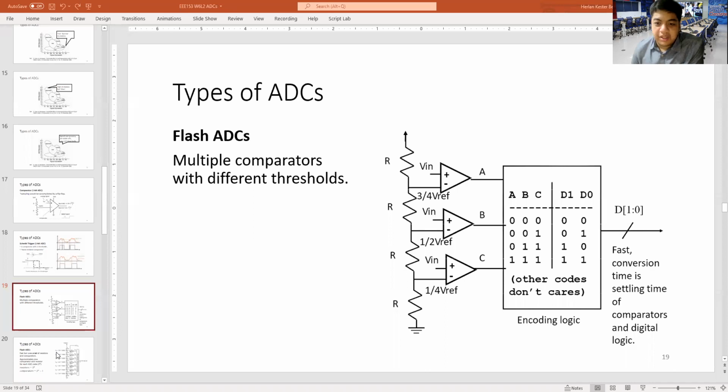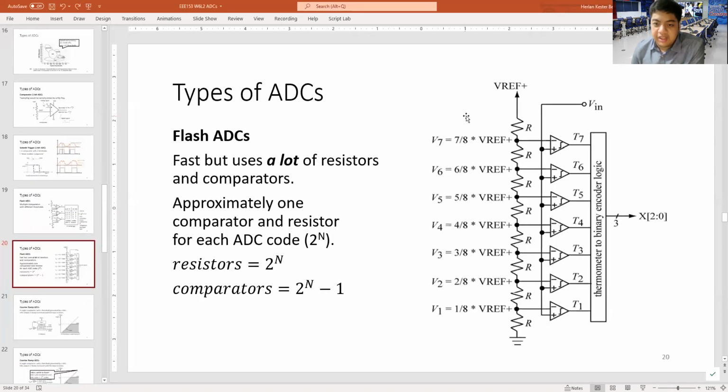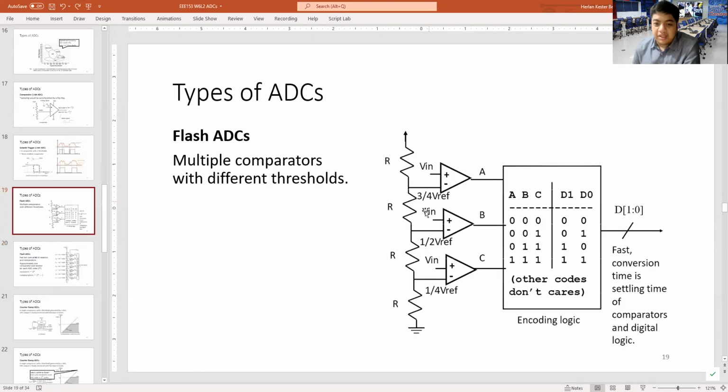But what if we want a 3-bit flash ADC? We need 2 to the n resistors and 2 to the n minus 1 comparators. So if I want a 10-bit ADC, I need 1024 resistors. That's quite difficult to build, right? So a flash ADC is usually used only for niche solutions. And since it looks easy, with only one stage to go through,